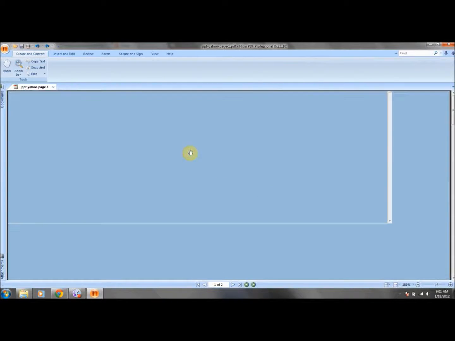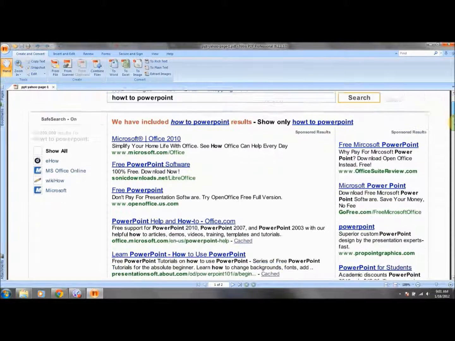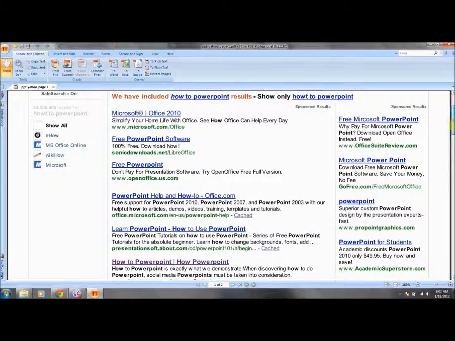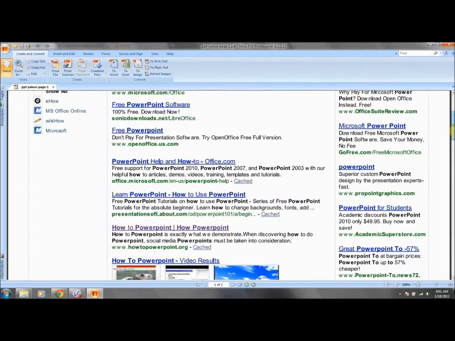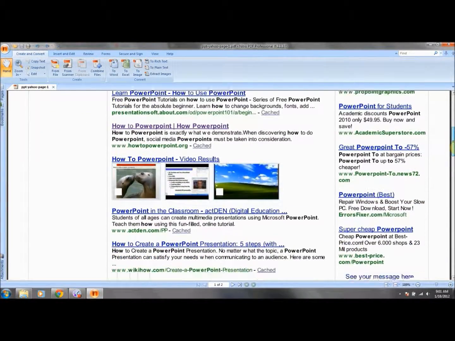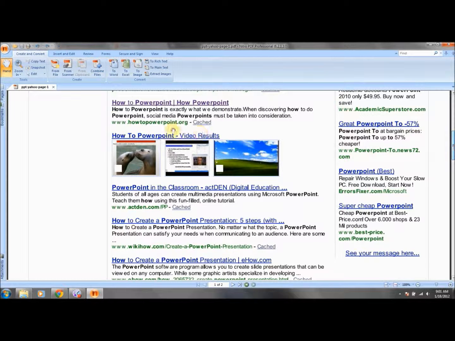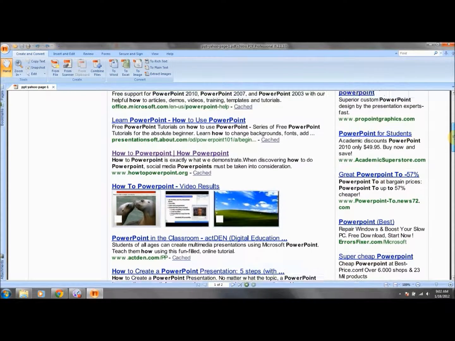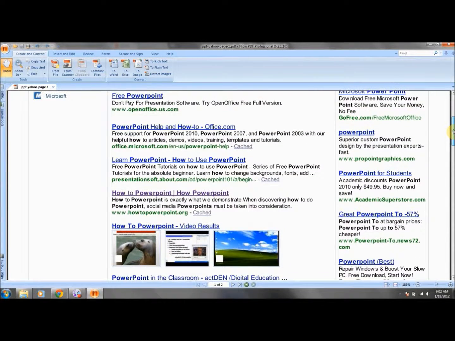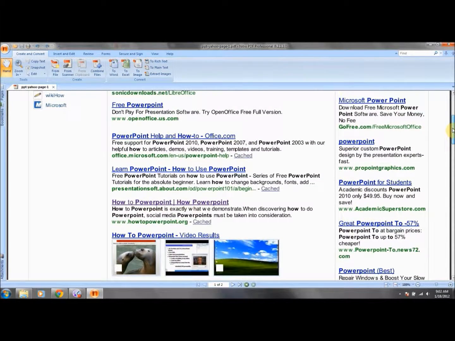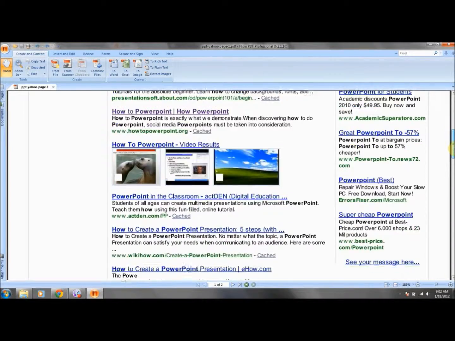So here's another page 1 result, folks. Here's another page 1 result, and we are actually developing this site, How to PowerPoint. You've seen that in this series. Look, this is like 3 million searches a month, and we kind of rocked to number 4 in 3 weeks. We rocked this site up here in 3